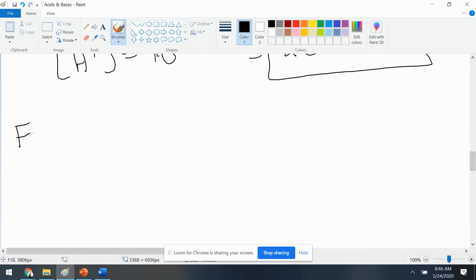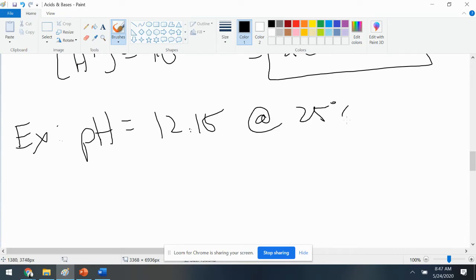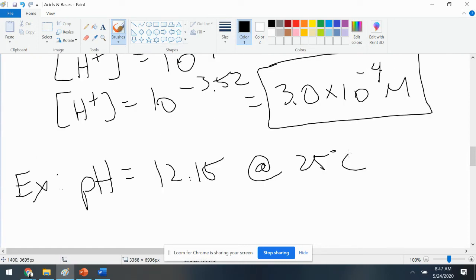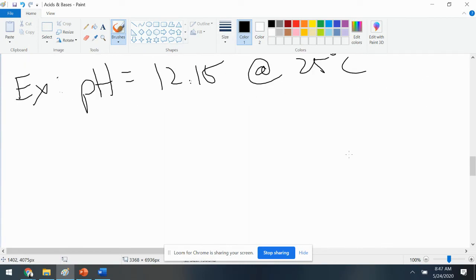All right, here's the last example. I have a solution with a pH of 12.15. Again, we're going to assume it's all at 25 degrees Celsius. If I don't say 25 degrees Celsius, you're just going to assume it's 25 degrees Celsius, which is room temperature. Since the pH is greater than 7,